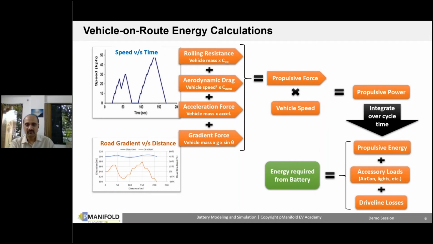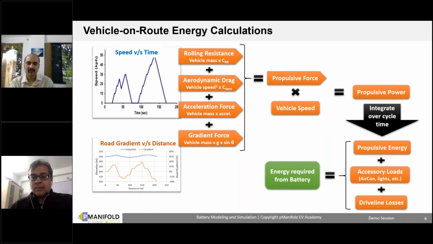When the energy leaves the battery, it gets reduced when it is converted to mechanical energy by the motor. Then it further gets reduced when it is transferred from the motor to the wheel, and then from the wheel to the vehicle acceleration, you would again have vehicle level losses, which are rolling resistance and drag. If it is going uphill, you would have a gradient force as well to tackle. Whatever is left is going to give you the acceleration for the vehicle. And of course, the battery will also continue to simultaneously drive the accessories.